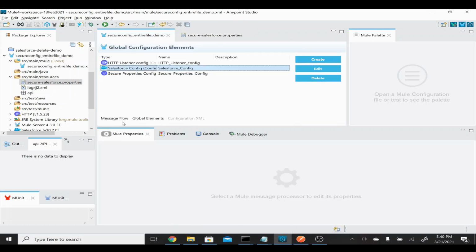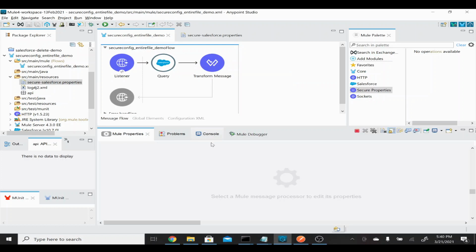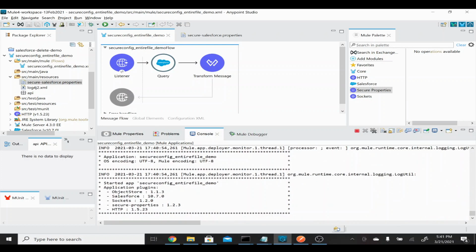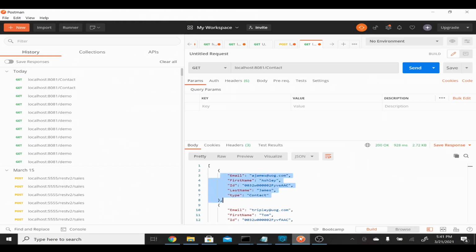So now I'll just go to message flow and I'll just go to console. Yeah, already we saved everything and it's deployed as well. 540, my time is 541. So now I'm going to run this particular one from my application contact object. I'm going to run this one now. See here, so 200, okay, I'm able to get the result.